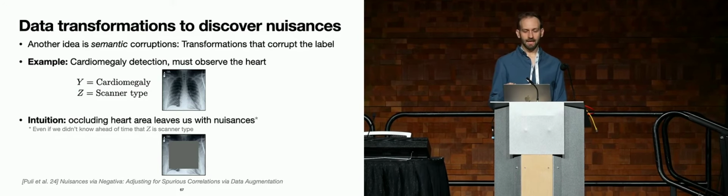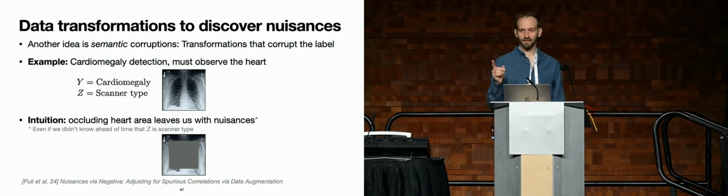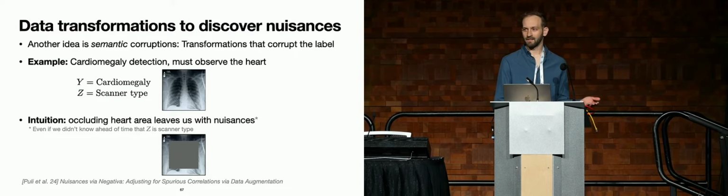But the nice thing is that the information about scanner type is actually present throughout all of the pixels of the image. So I could tell what is the scanner type, or a machine could tell what is scanner type by just looking at the edges of the image. So the advantage here is that we maybe did not know in advance that our nuisance is scanner type, but we were able to somehow get this image that captures what is the nuisance,